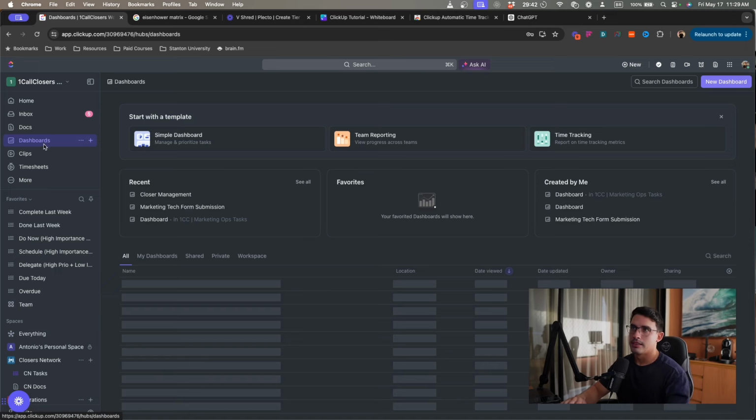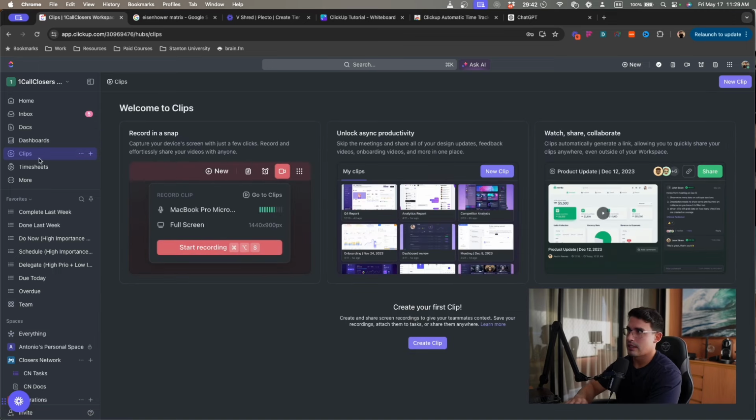So that is that. There's also Clips and Apps, which you can use to record videos and stuff like that. It replaces Loom, but I don't really use it. I prefer using Loom because ClickUp doesn't really record this in a URL, meaning if you get rid of ClickUp, you got rid of all your SOPs. So I would much rather have it in a URL that at least is available to me on the cloud, regardless of the project management platform that I use.